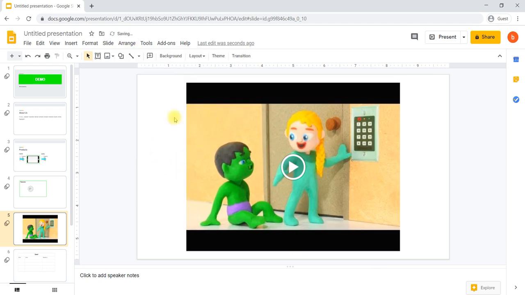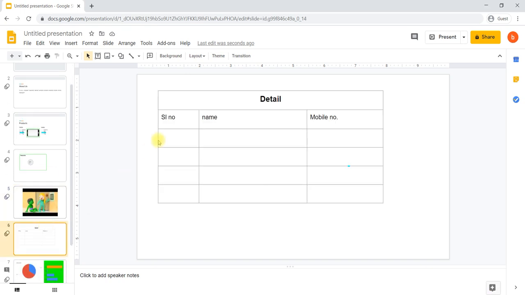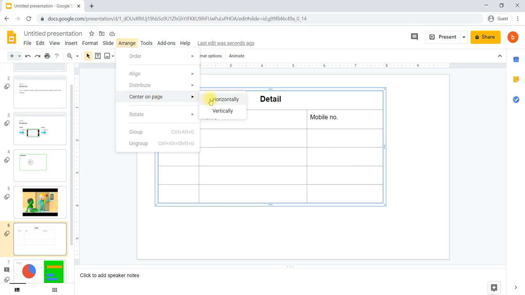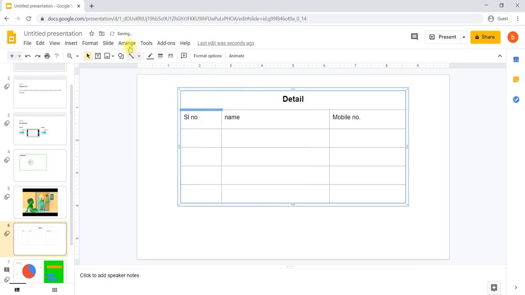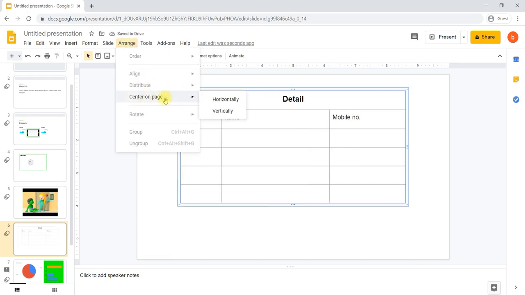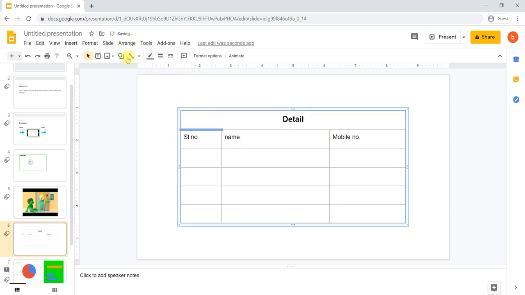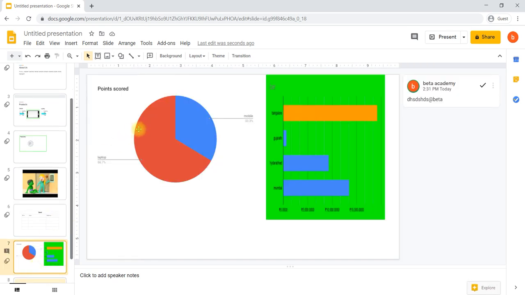Like this we can arrange the image or graph or your table. To arrange it the way your requirement needs, this particular option Arrange will be used, when you would like to arrange them in a different fashion.